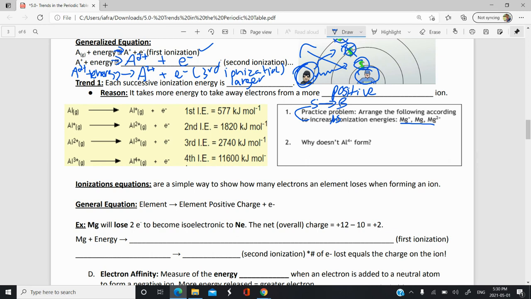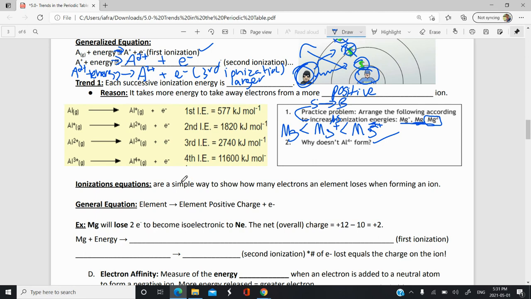So the one that you can take away electrons from the easiest would be magnesium. It has lowest ionization energy because, well, it's not positive. It would be the first ionization energy. The one that would be the hardest would most likely be the magnesium 2+ because it's the most charged. And then in between we did magnesium+. So magnesium would have the smallest ionization energy, and the magnesium+ would be in the middle. And magnesium 2+ would have the highest ionization energy. And we already explained why Al4+ isn't formed. We did that verbally